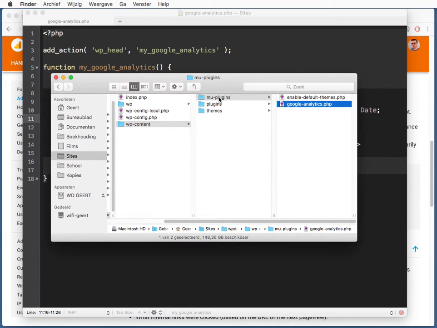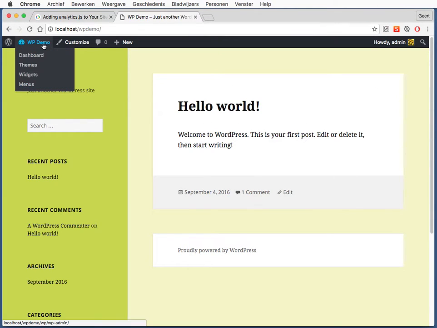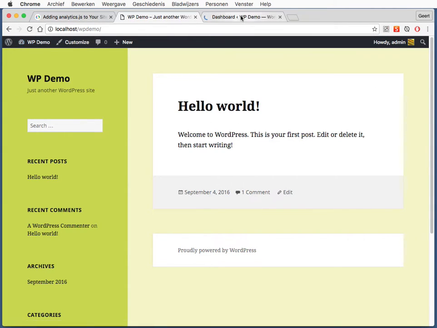Our must-use plugins, as the name says, are plugins that must be used. They are automatically activated and they are also processed before our regular plugins. It's just a folder mu-plugins in your WP content folder. There you go. If we go to our demo site that I just set up in the dashboard, you have the plugins,